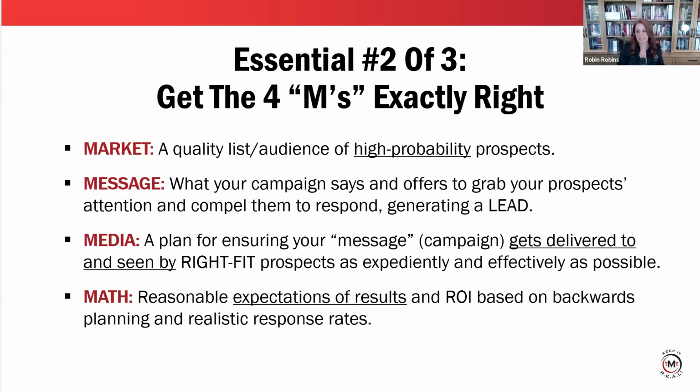You have to have reasonable expectations of results and ROI based on backwards planning. And what most people don't realize is the difficulty of the task. For example, if you are sending out an email broadcast to a list of subscribers, these are opt-in lists, only 20% are going to open the email. And then maybe only 1 or 2% of them are going to click through, right? So let's say you have a list of 5,000 emails, prospects that you're emailing. That means if you send out an email, roughly only about 1,000 of them are going to get opened.